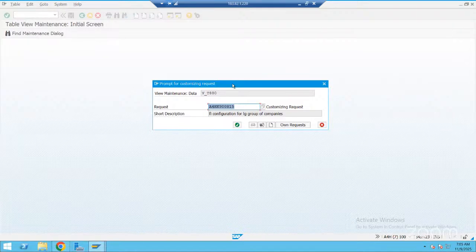It is the type of the transport request. Customizing, right? Customizing request. Why is it not a regular ABAP workbench request?